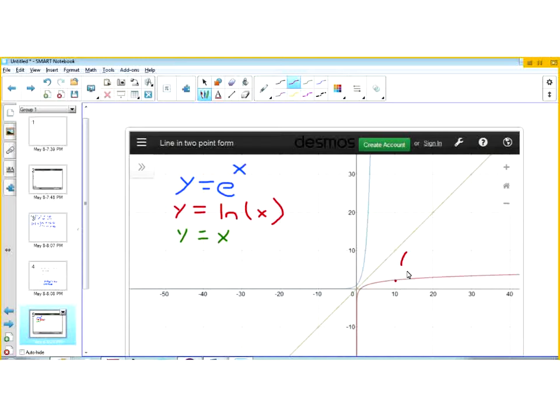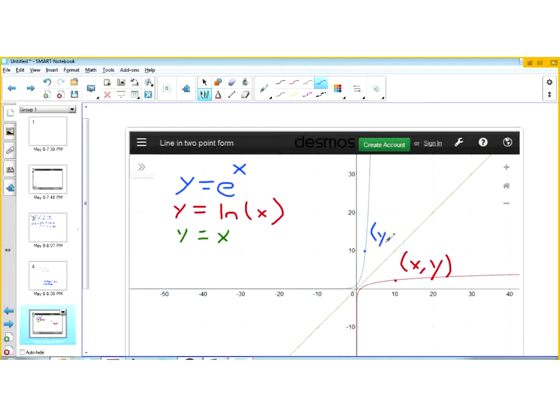So if I pick this point right there, let x, y be the coordinates of that point. Then, because of symmetry with respect to y equals x,